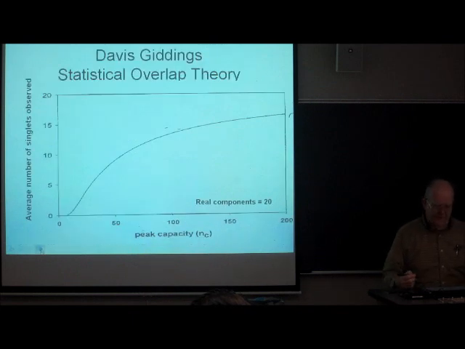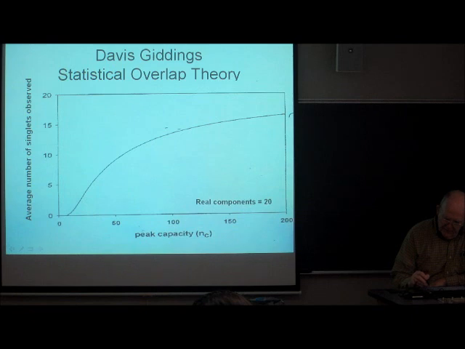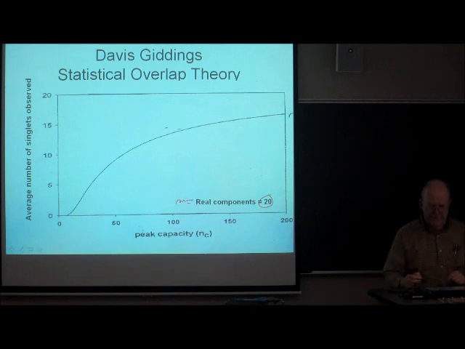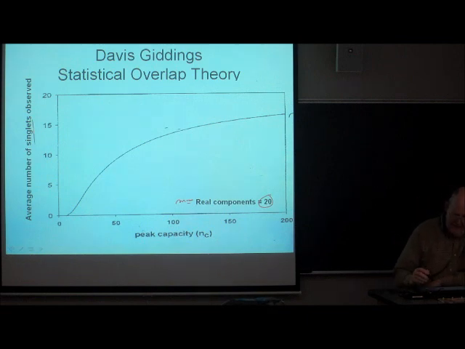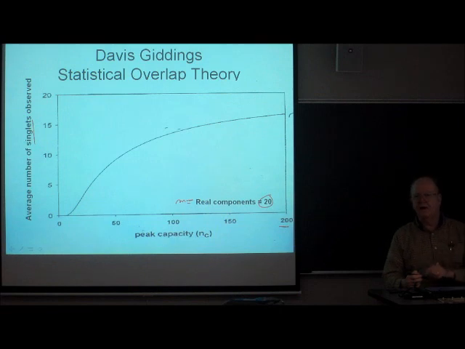Here's a particular example. We're going to assume that there are 20 real components, so m is equal to the number of real components. And I'm going to plot the average number of singlets versus the peak capacity. Even if we go all the way out here to a peak capacity of 200, 10 times the number of components,